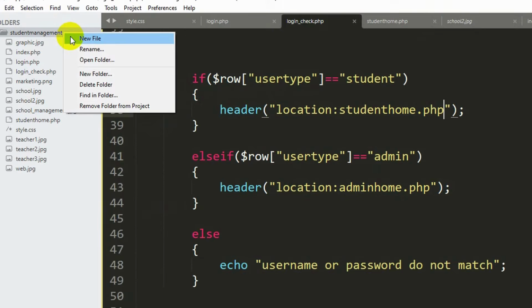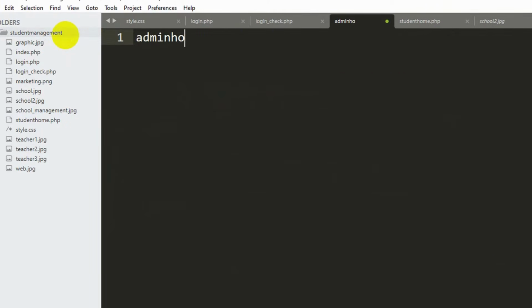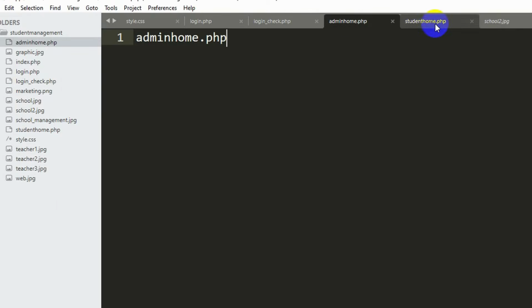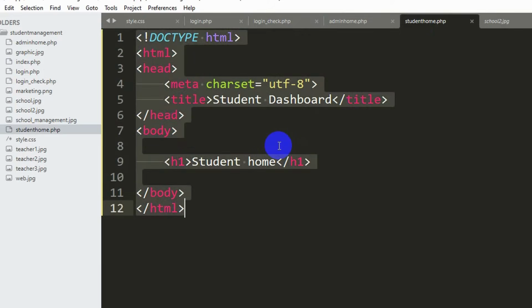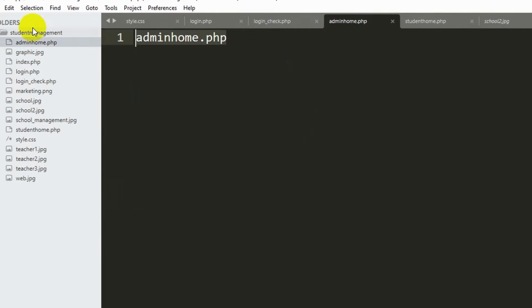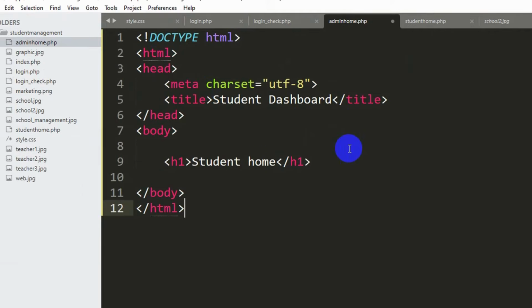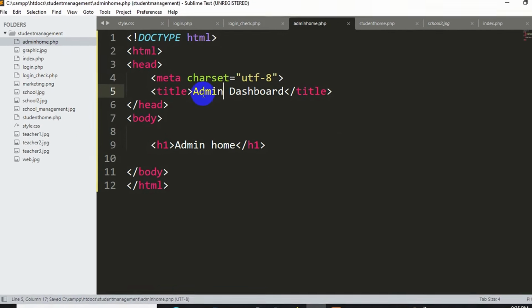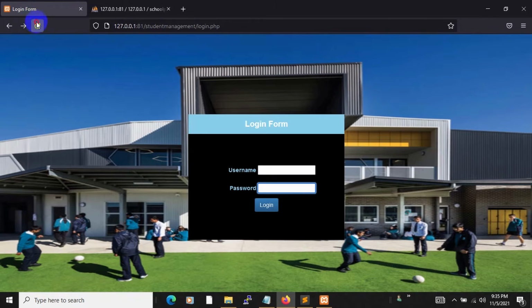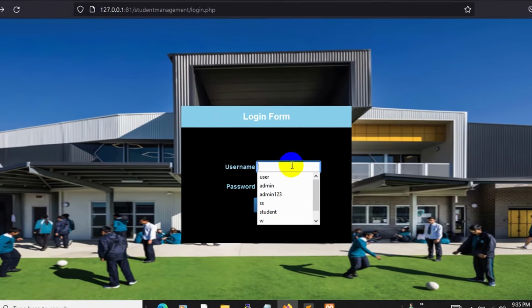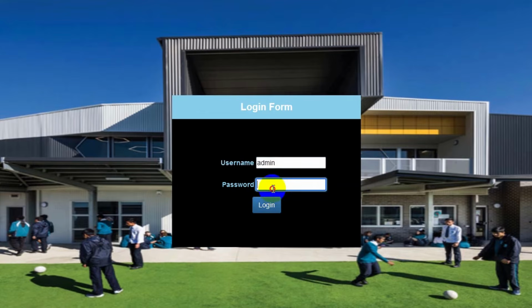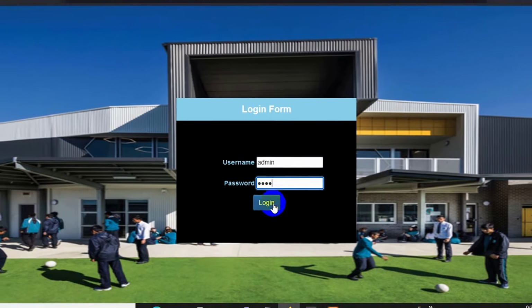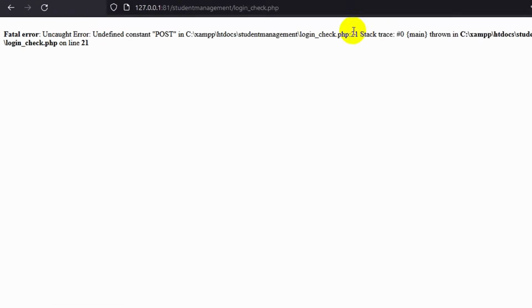Let's also create the admin_home.php. Just right click over here, new file, and here I'm going to say admin_home.php. Control S, then save. Let me copy everything, Control A, Control C, and Control V over here. Then over here we're going to say admin home, and over here admin dashboard. So save it. Right now let's refresh over here, and let's give admin and the password 1234. Click login. Okay, there is an error